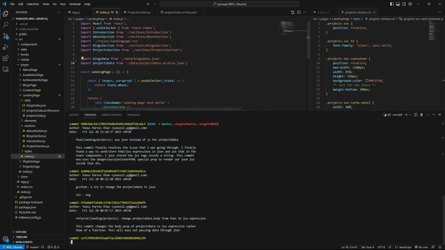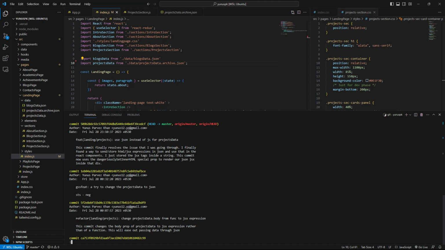That's simply that I migrated all the data to JSON. Before this commit, there is another commit that says I try to change the projects data to JSON. So that was a try, but the status was negative. I just failed on that. And before that